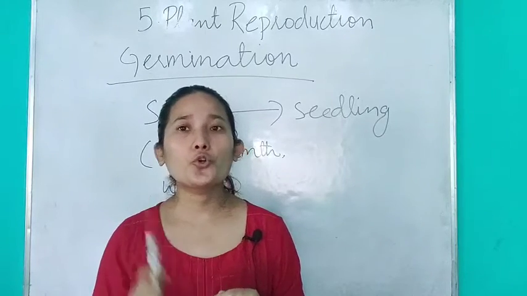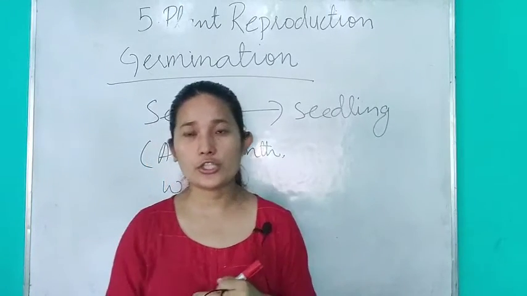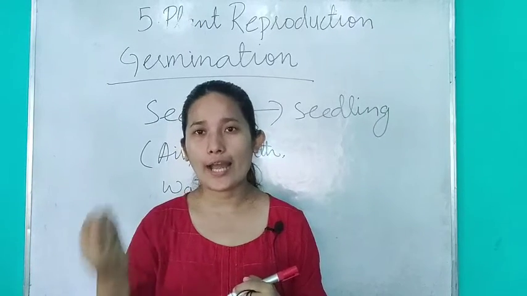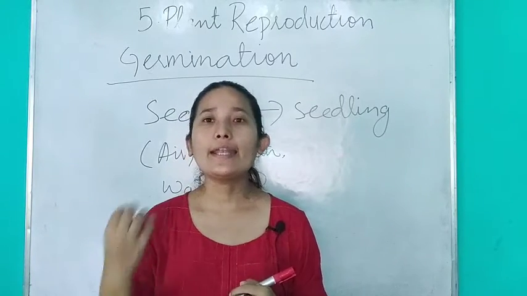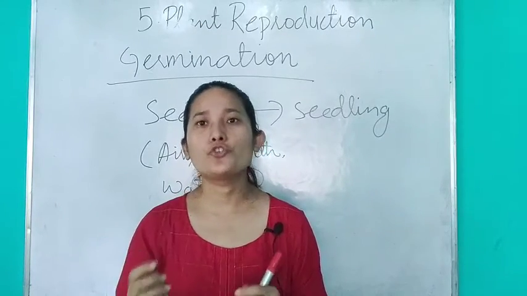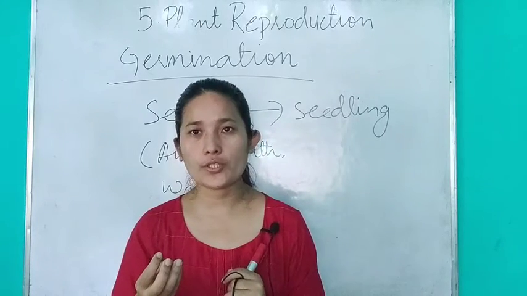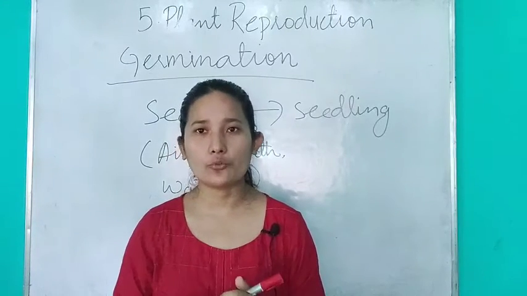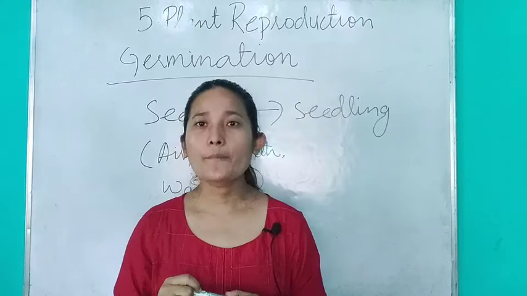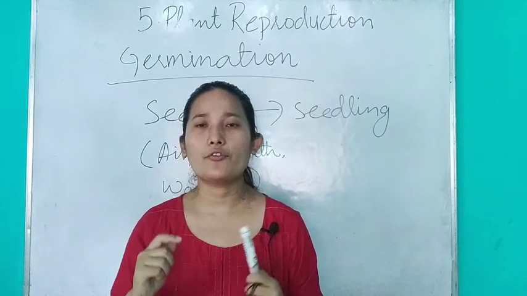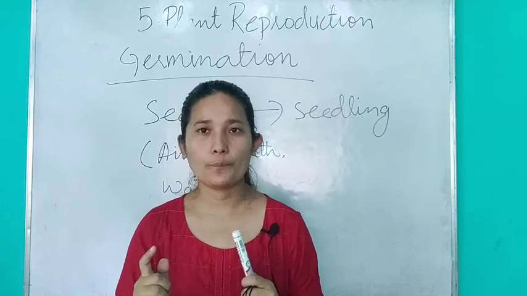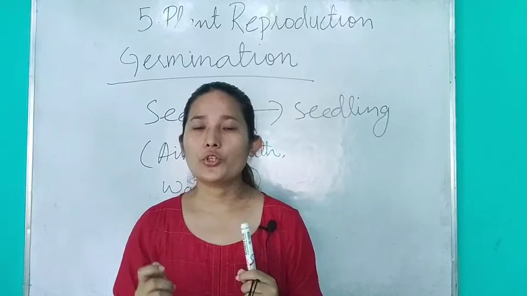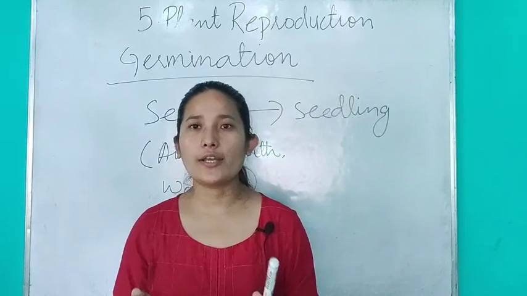So you just go through whatever I have taught you till today, and I would like you all to do one thing. You soak a gram seed, and then after 2-3 days you peel off the seed coat. You show me the cotyledons. Take a picture of it and then send it to me via WhatsApp. I would like you to do this particular experiment at home. You soak the gram in the water, and then you peel off the seed coat, you show me the cotyledon, take the picture and then send it to me.